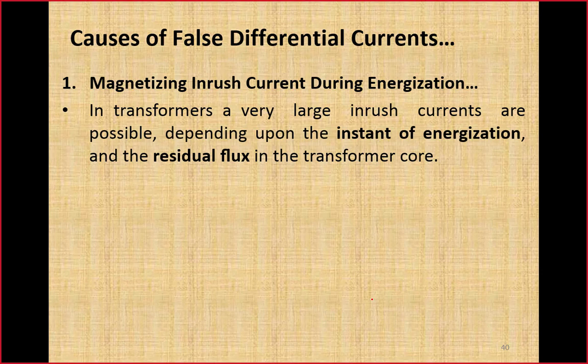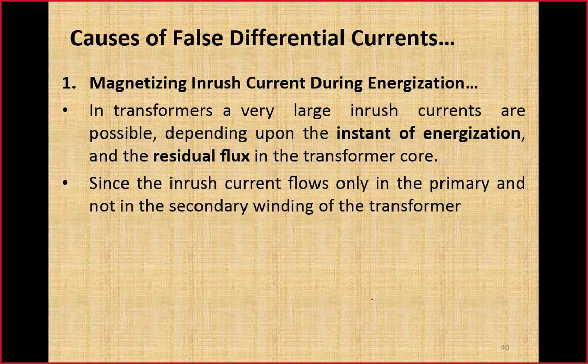So the normal assumption about this inrush current is that it could be as high as 5 to 10 times the rated current of the transformer. But that lasts for a very short duration. So that is not concerning to the transformer, because a transformer can withstand this high current for a short duration.